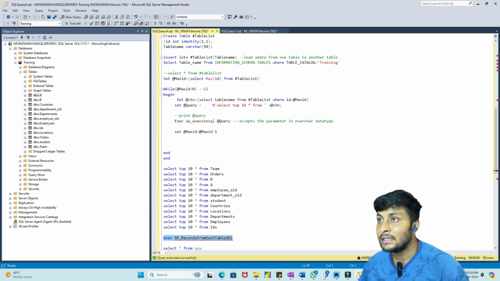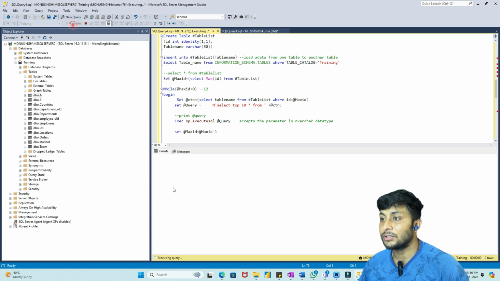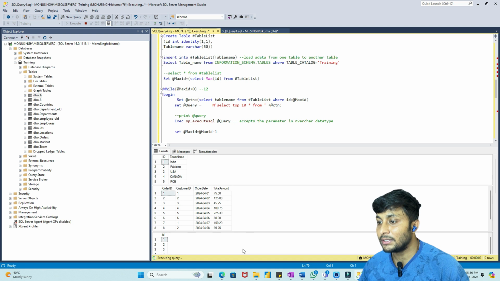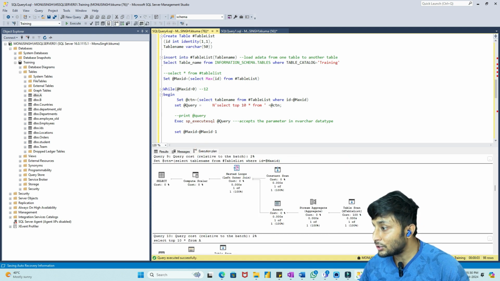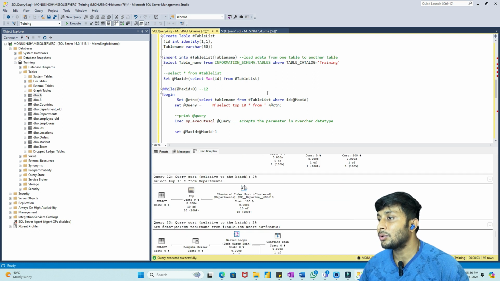if I run this, and here you can see include actual execution plan. I'm just enabling it. Okay, here you can see that it is enabled, and I'm executing it. Once this particular query is executed, the execution plan details are also being stored into this